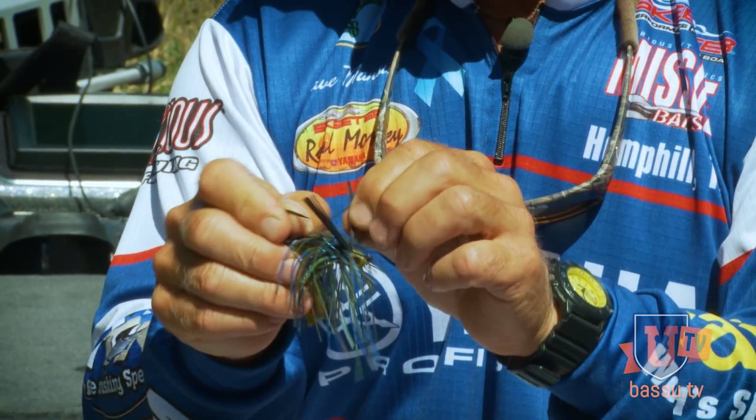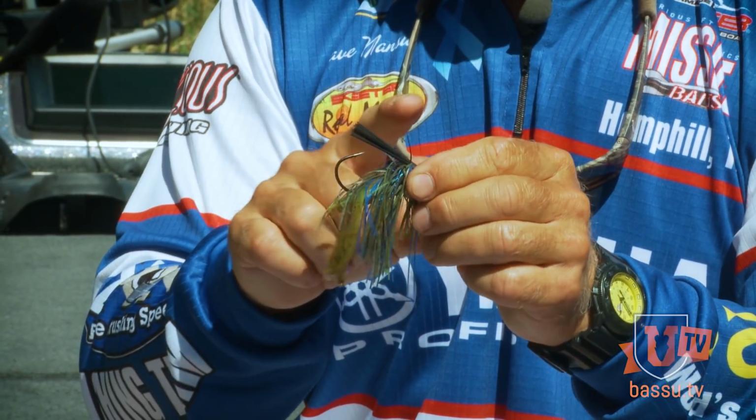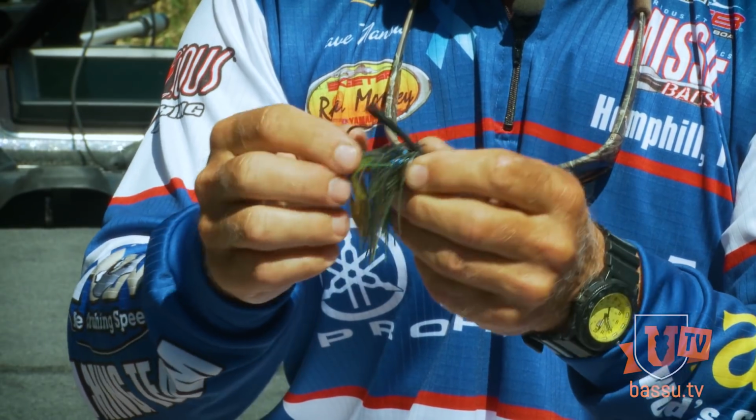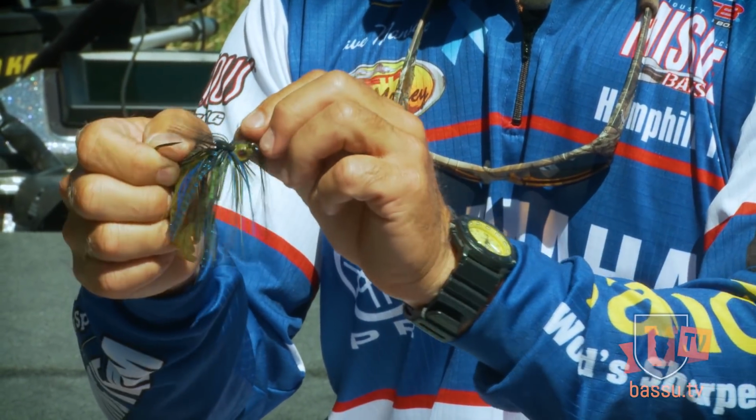Also, you want a light weed guard. You don't want a weed guard that's so stiff that it won't collapse when the fish bites it. All right, very important. I always like to take my jigs and I like to spread the weed guard so that it will